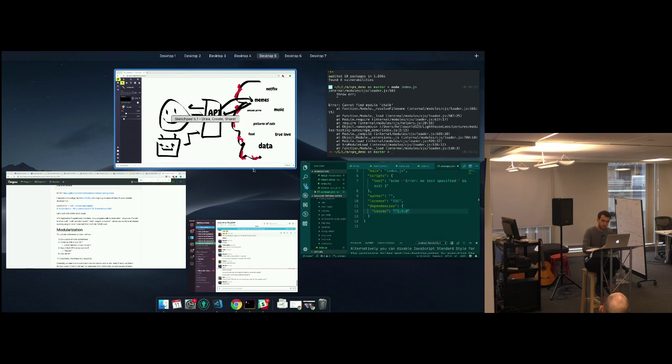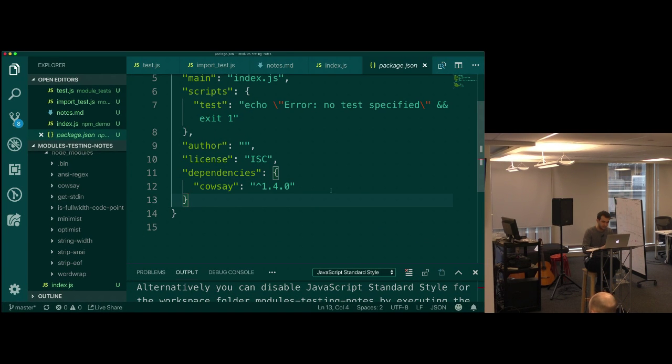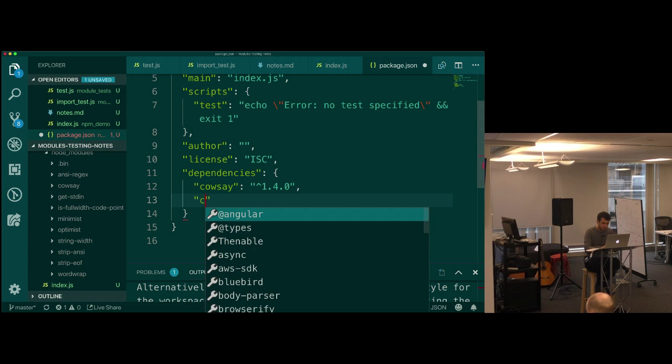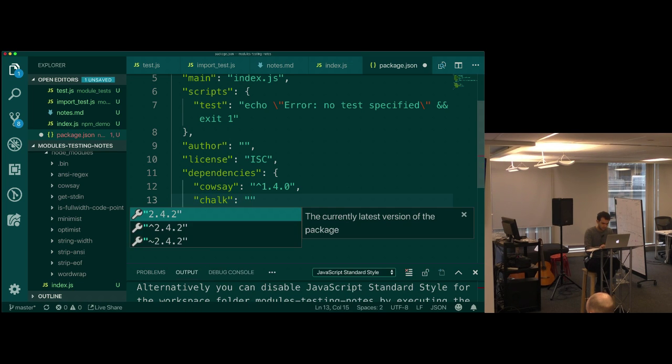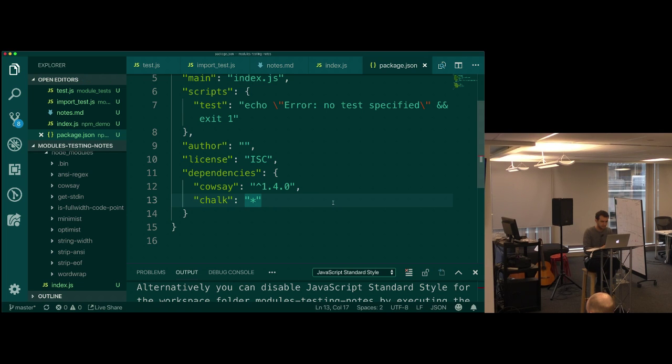Or the other would be to go in here and say chalk, and then I think star does it. I could list chalk in here. When you look in the dependencies, it'll say the thing and then the version number of it. Star, if I remember correctly, is just going to be anything.